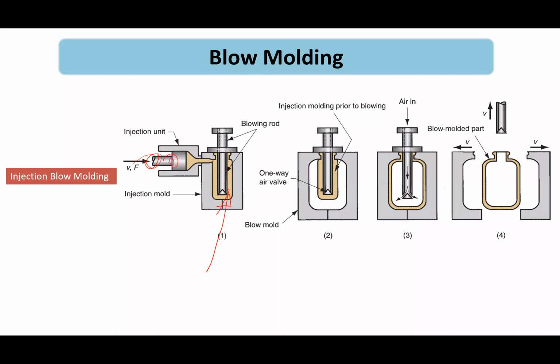The parison is made here, and then that parison is transferred into another mold. In this process, only parisons are made. Then the parison is transferred into the actual mold, where a plunger is used to facilitate the airflow. It is installed in that place, and then you apply the air pressure. Then it gets expanded all over the mold. Then you allow some time for cooling, and then you take it out. It's a similar process, but it will be much faster compared to